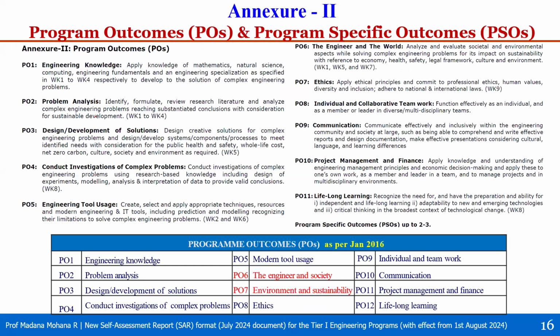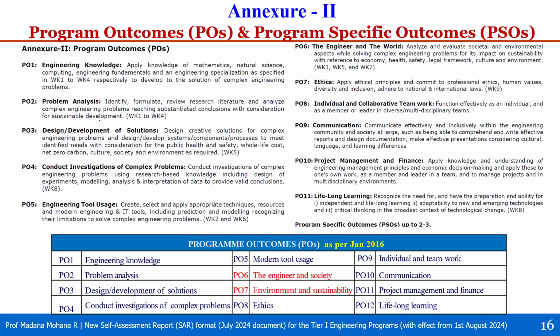The following table shows the list of program outcomes as per the new SAR for Tier 1 institutions related to undergraduate engineering programs. So earlier, Tier 1 institution or Tier 2 institution, all UG engineering programs were having